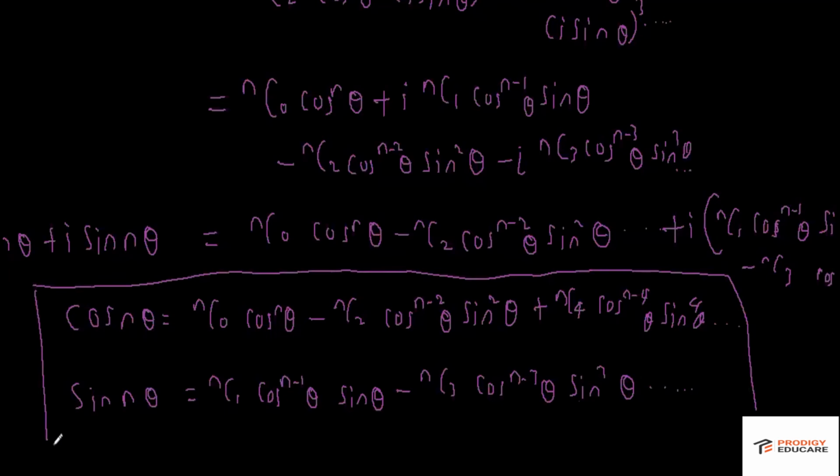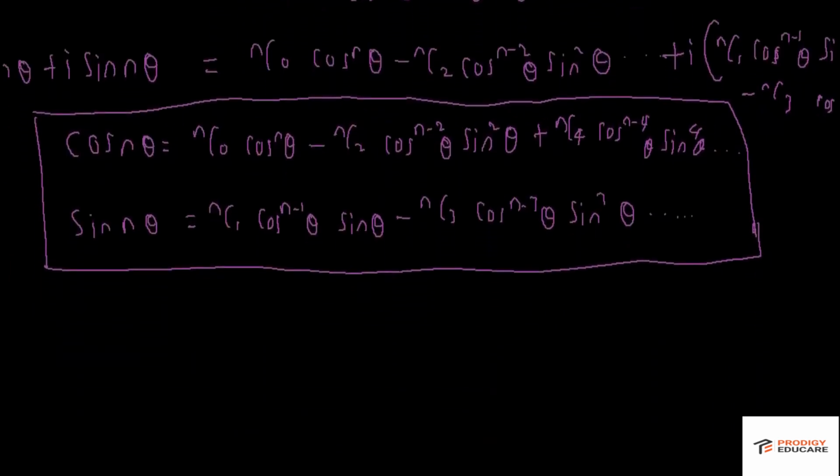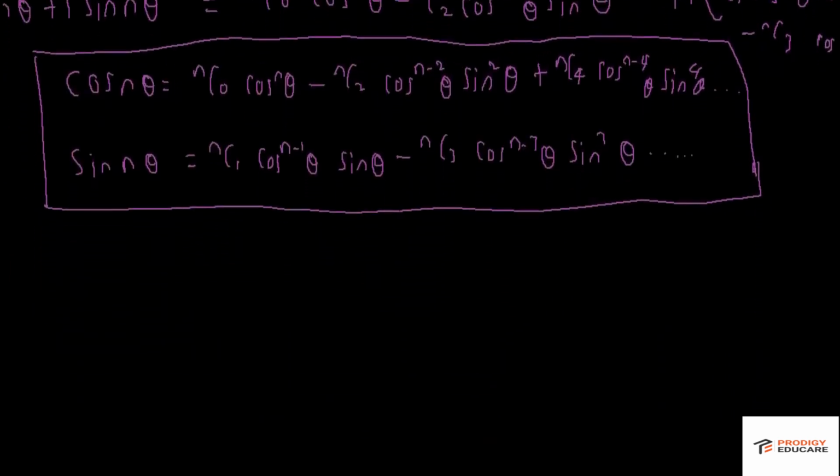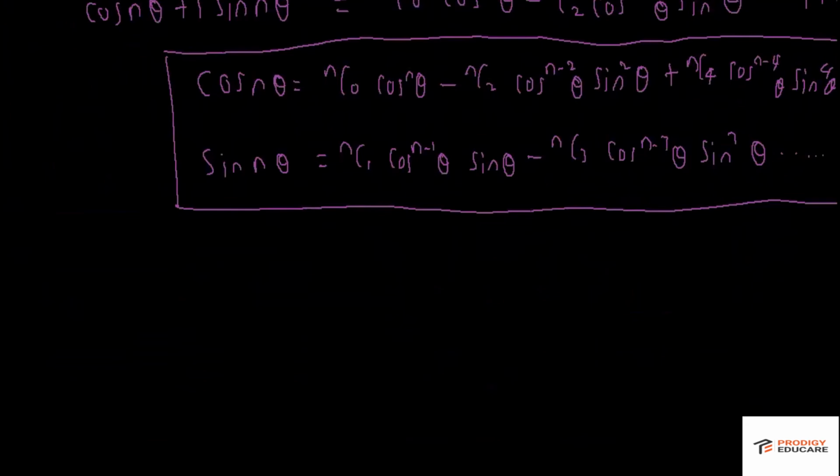Now it's up to you whether you remember this formula or you remember the technique. I actually remember the technique, but in competitive exams, time is very precious, so memorizing this formula will help anyway. So let us derive some examples, some multiple angles for cos n theta and sin n theta. First of all, let us check whether it's true or not.